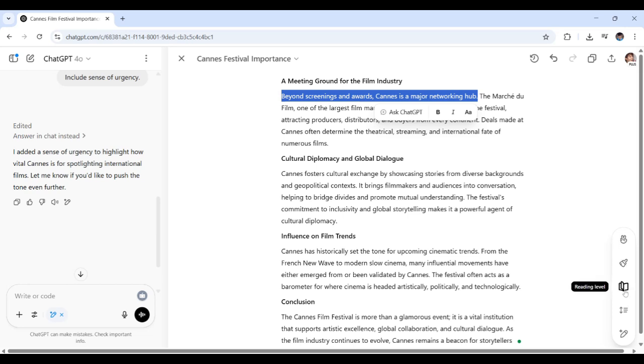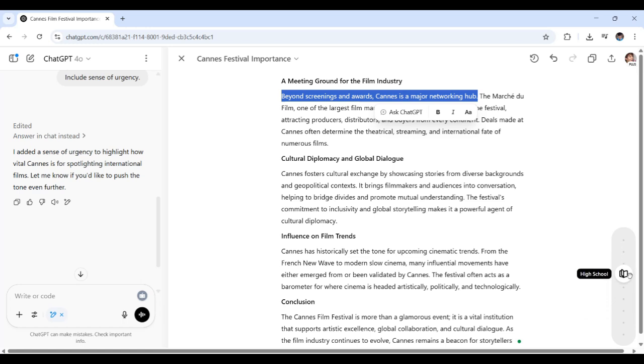Once you click this, you'll see a slider that lets you adjust the complexity of the reading level of that particular text you just selected. You can drag it down for simpler, more accessible language, great for casual readers or younger audiences, or drag it up for more advanced formal or academic writing.